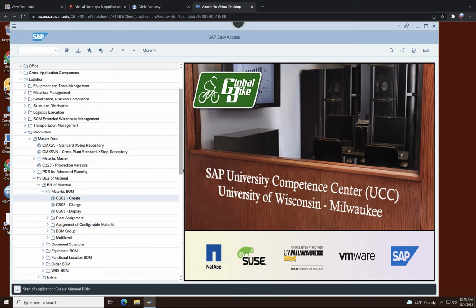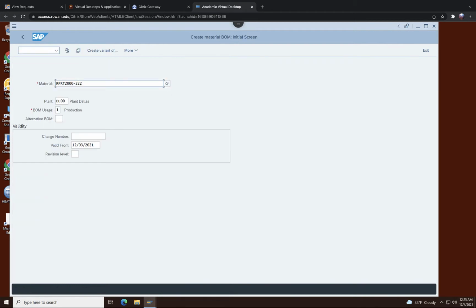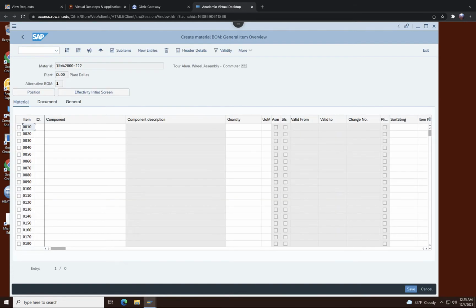That's creating the bill of material, and we can now change this one to TRWA 2000-00, which is the touring aluminum wheel assembly. We want to specify what kind of parts are going to go into the semi-finished product. If you have done that, just hit enter, and then you're going to go to the next